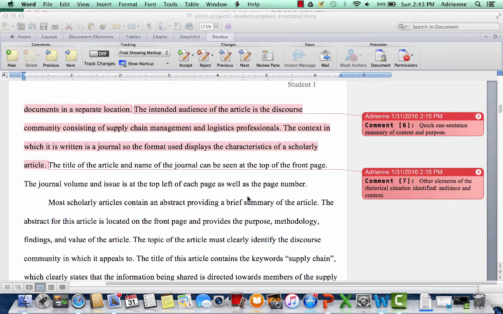You should be prepared to do that because you will have written summaries in your blog 2 posts, so you can streamline those from short abstracts of the texts down to a sentence or two, as well as introduce some of the other elements of the rhetorical situation that you can identify, things like who the audience is, what the context is. If possible, you could consider looking at the rest of that issue of the journal to see if that gives you any information that helps you think about context as well.